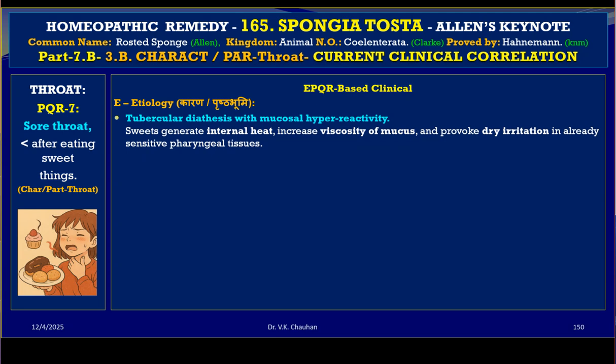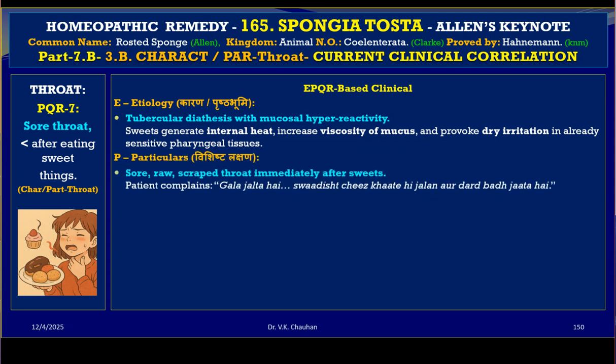Sweets generate internal heat, cause viscosity of mucus and provoke cough irritation in already sensitive pharyngeal tissues. And second, P stands for particulars, and the very specific particular symptom is a sore, raw, scraped throat